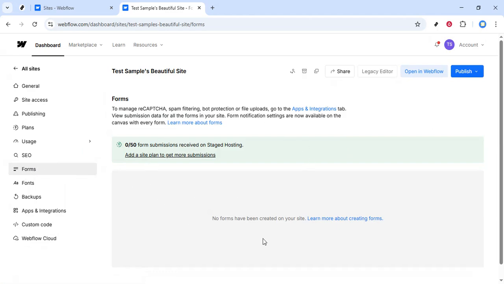Remember that keeping track of form submissions is an excellent way to maintain communication with your audience and address their inquiries promptly. If you ever need to modify the notification settings or change the email address, you can always return to this section in the site settings. And there you have it, a straightforward way to set up email notifications for form submissions in Webflow. This feature is a simple yet powerful tool to enhance your website's interactivity and ensure you're always connected with your